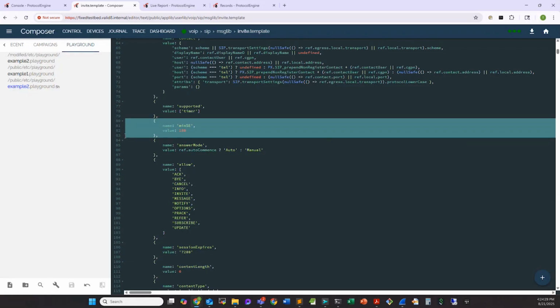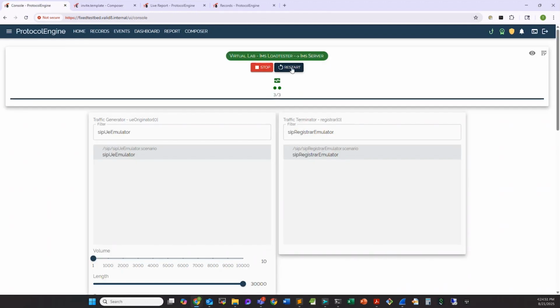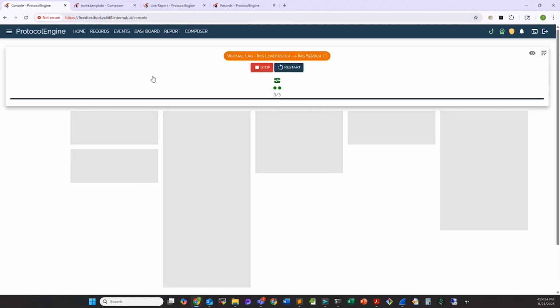So if I just duplicate this, I could add a SIP header called anything, validate, and set its value to hello world. And if I save that and then restart the Protocol Engine,